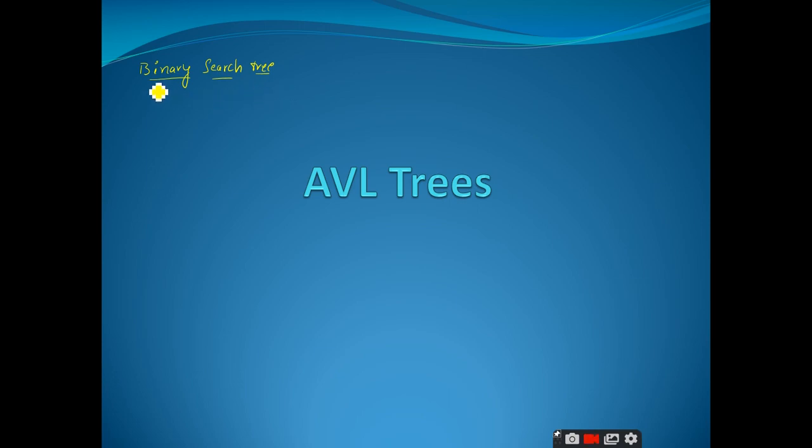So it is a binary tree. That means every node should have at most 2 children. In addition to satisfy this property of the binary tree, the binary search tree also should satisfy 2 more properties. That means the elements that are less than the root node will be placed as the left child, and the elements that are greater than will be placed as the right child.